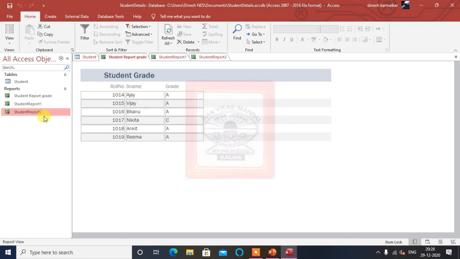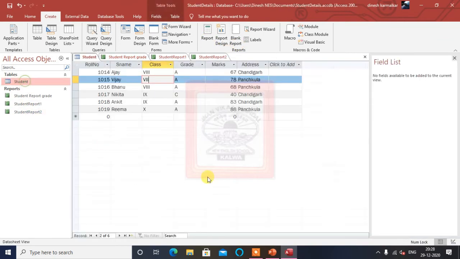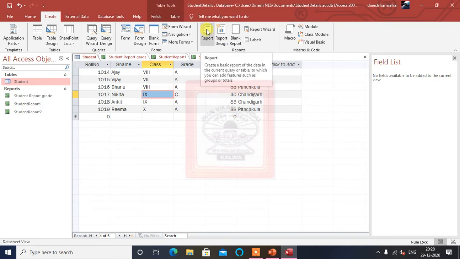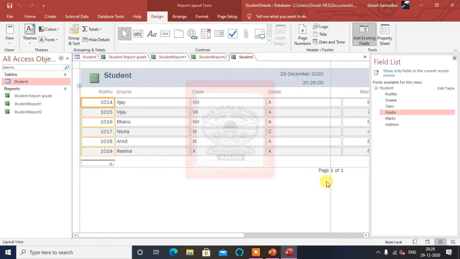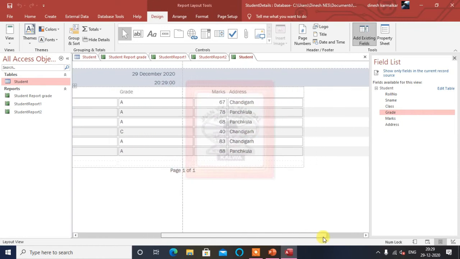So this is the report tool or blank report. There we can see what will happen with the report, that also we'll see now. Let's say this report I will take now, just report. See, it is coming here, report all here. It is similar to the blank report, only here we are not dragging any field. Here all the fields are coming on. It's the quickest way of working with the report.